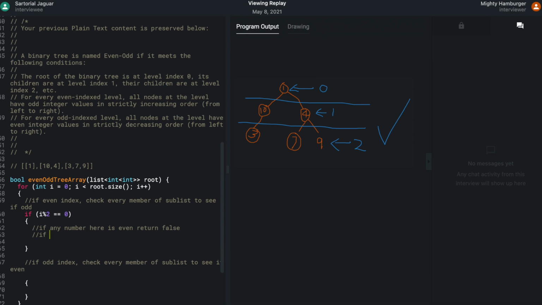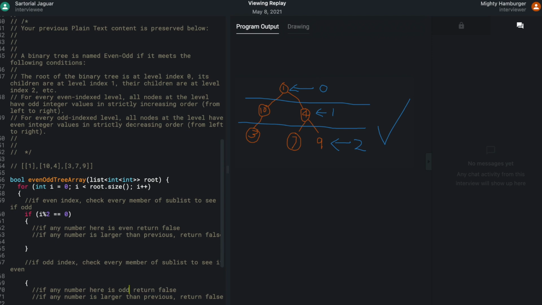If any number is even, index has to be strictly increasing. If any number is larger than previous, return false. That's going to be the same thing here, except the opposite, of course. Odd, and that's decreasing.